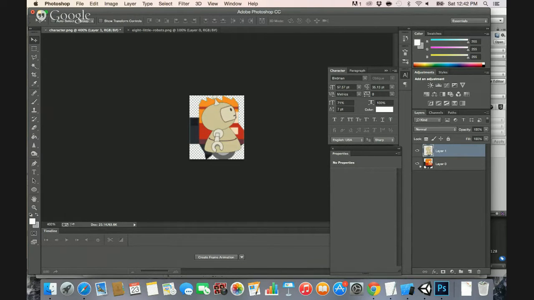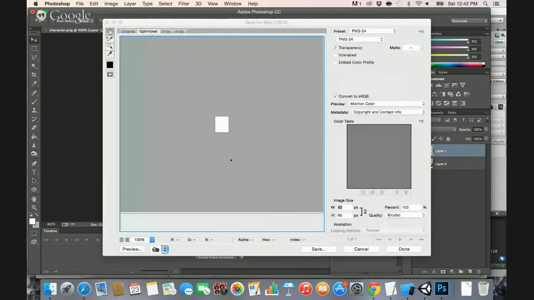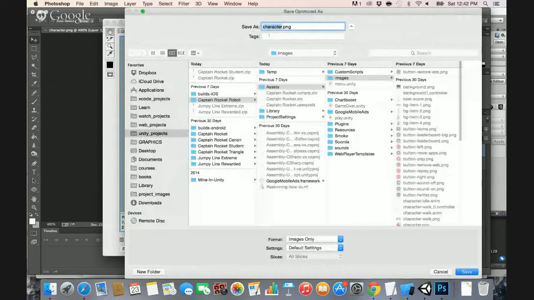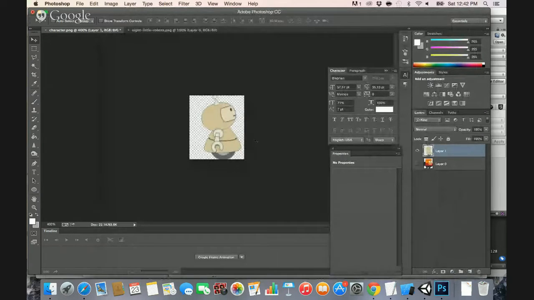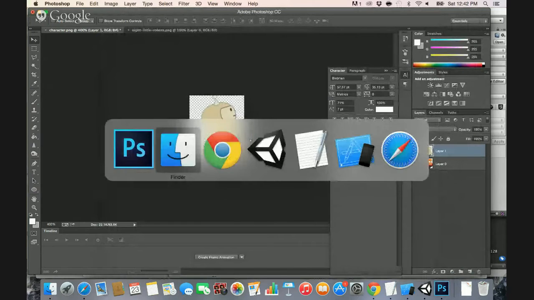Okay, that will do. Now I'm going to remove the image behind it and save that. Command Alt Shift S and click on Save. And save it on top of the character. So override the character.png. Save and replace. All right, we're almost done with the character. There's one more